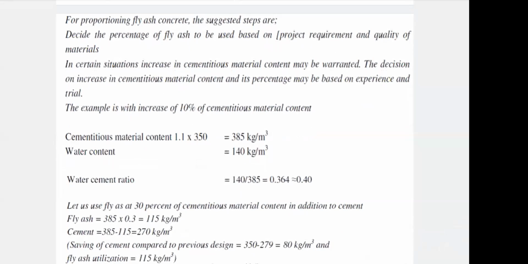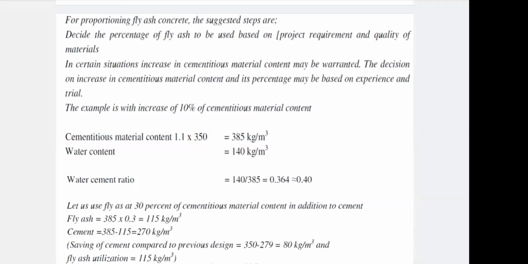The example given is an increase of 10% of cementitious material. It means you need to increase your cement content by 10%, because you are using fly ash in your concrete. So the cementitious material factor is 1.1, because we are increasing by 10%. So 1.1 into 350. What is 350? 350 is the specified cement content for your M40 grade of concrete. That will directly give you the cementitious material content, that is 385 kg per m3.